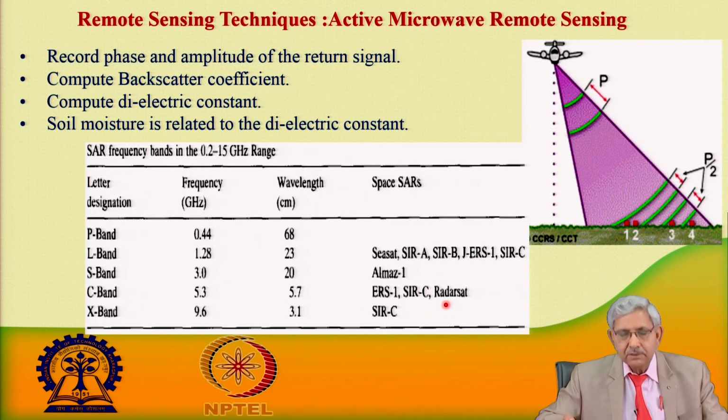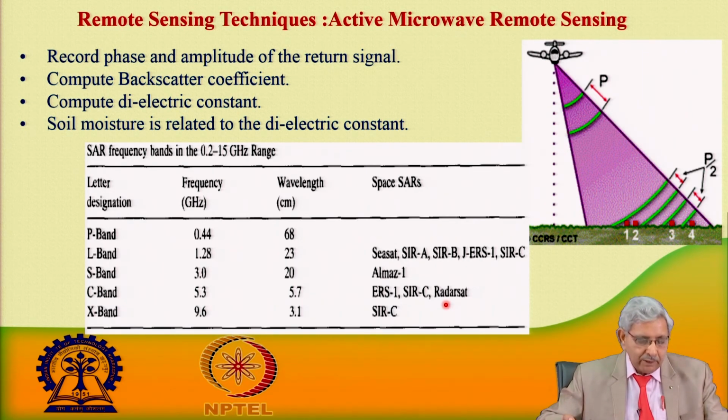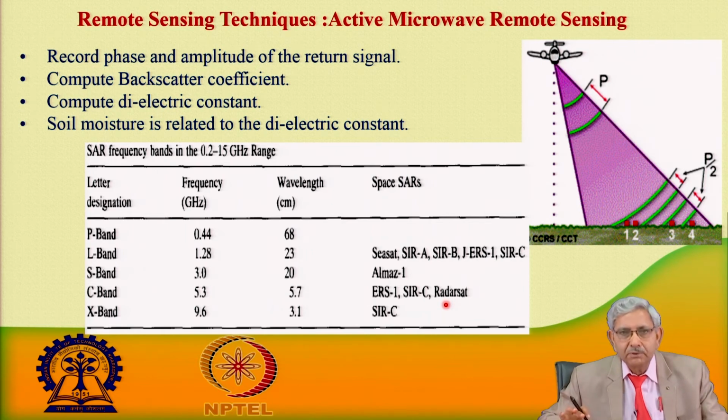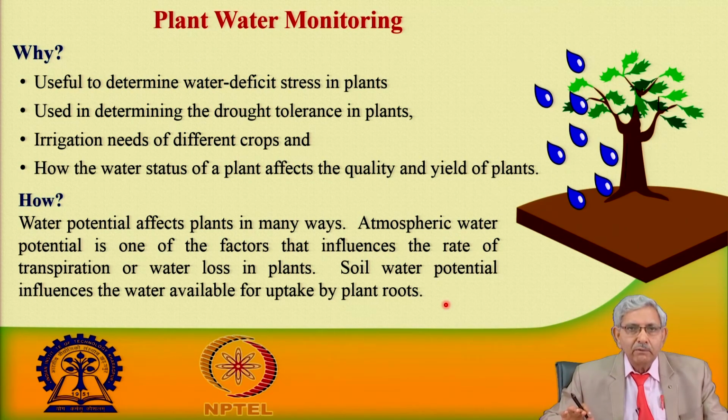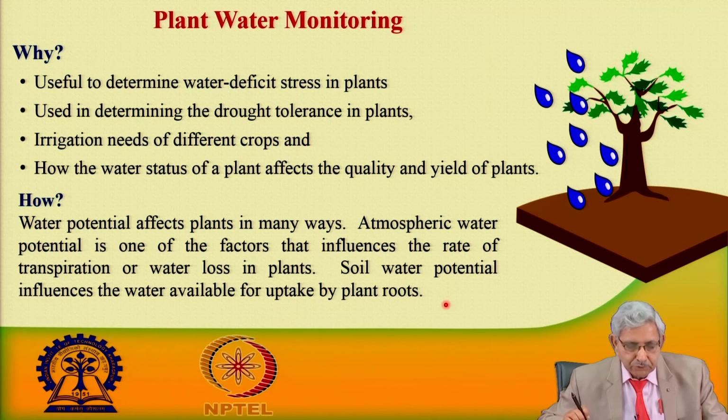So, these satellites have sensors for active microwave remote sensing, where P band, L band, S band, and C band antennas working at different frequencies are utilized to monitor soil water content, but it is limited to a certain depth. Plant water monitoring is a very useful